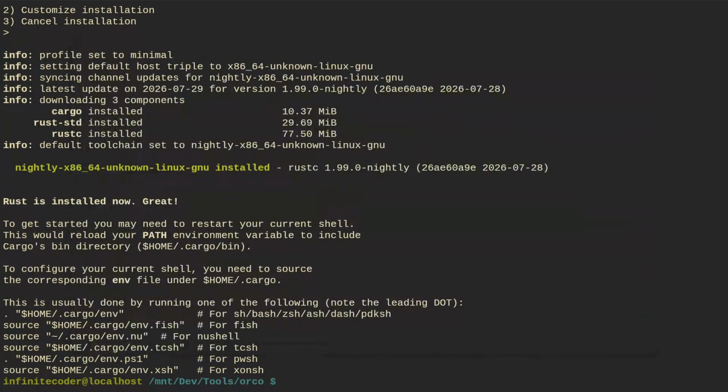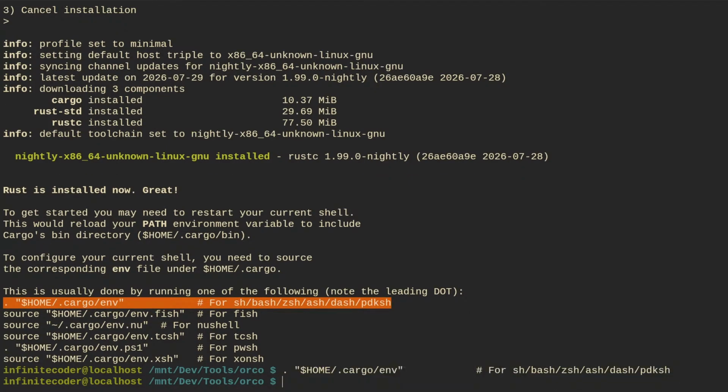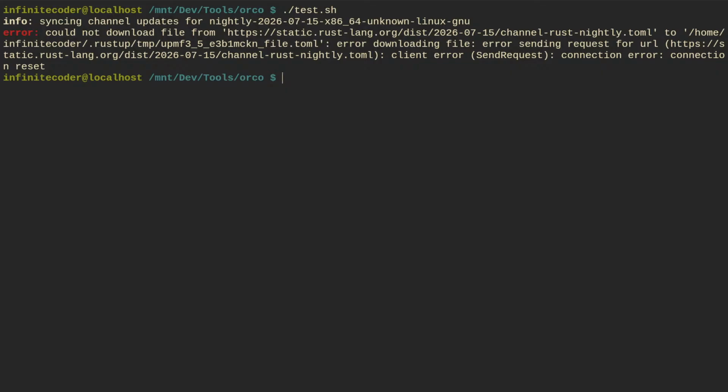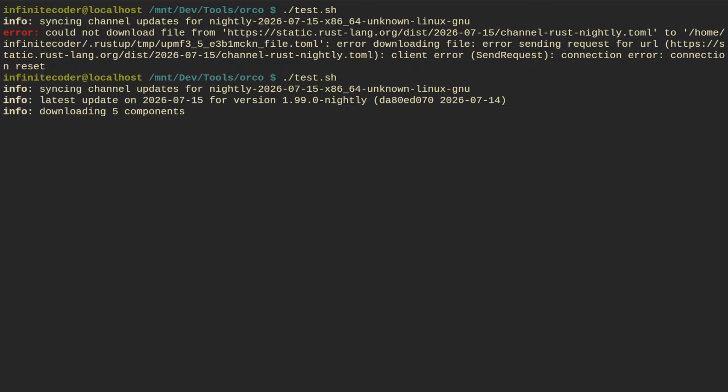Anyway, so this, no cargo or other test sh. Connection reset. Try again. Building five components.